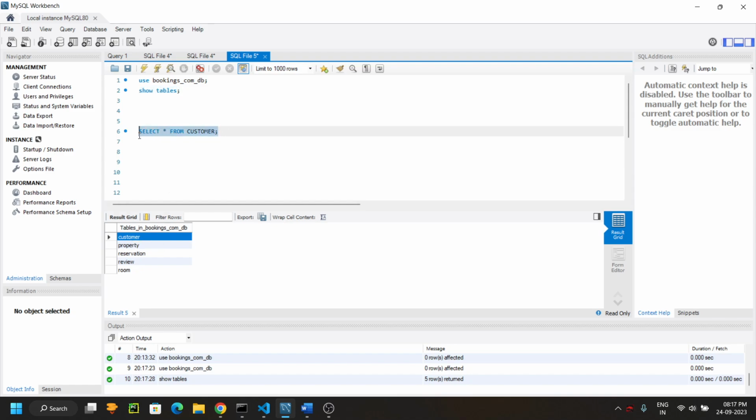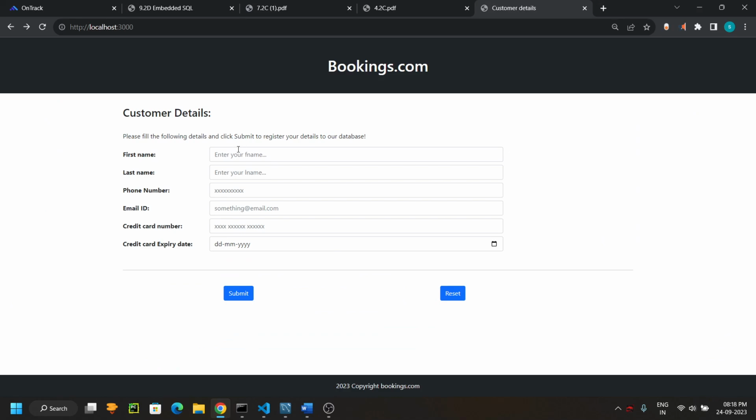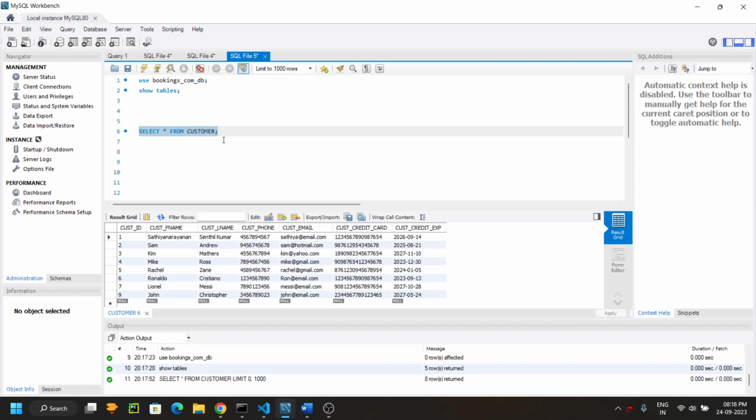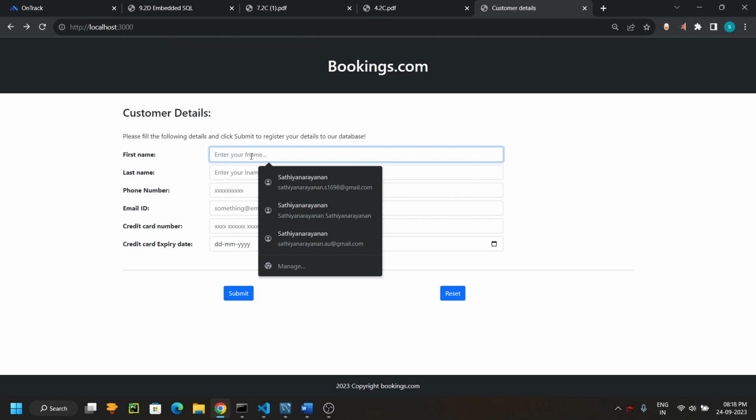Let me show you what is there in this table. We have the customer ID, the customer first name, last name, customer phone number, email, credit card, and credit card expiry. The exact same thing that we have in this form. When we execute select star from customer, we see 8 records having different details. So when we are entering something, for example, let me put